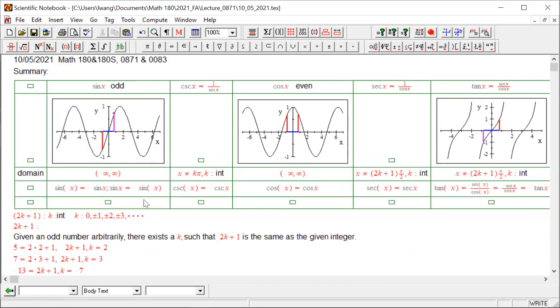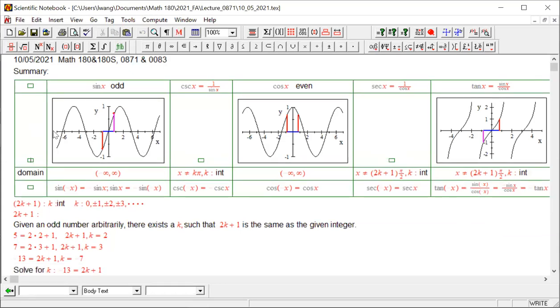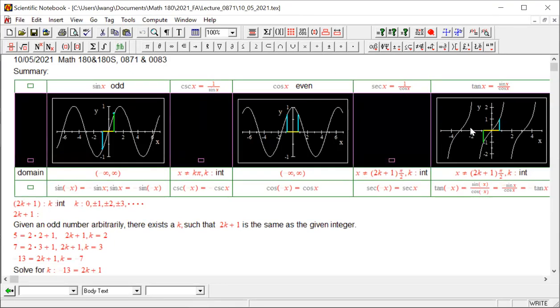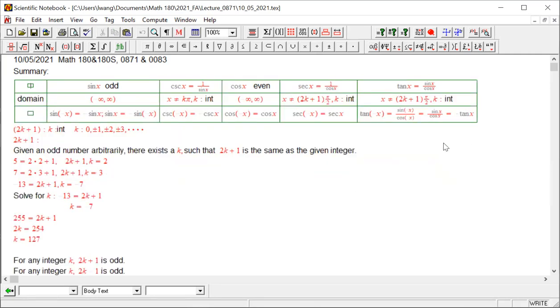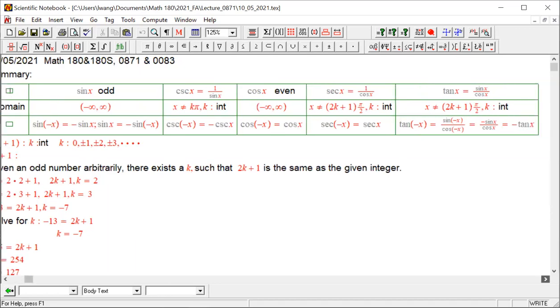I'm going to remove the last row, which is not used, and also this row, since you already have that. This makes it more condensed, just on the even odd. So this would be the summary of the even odd